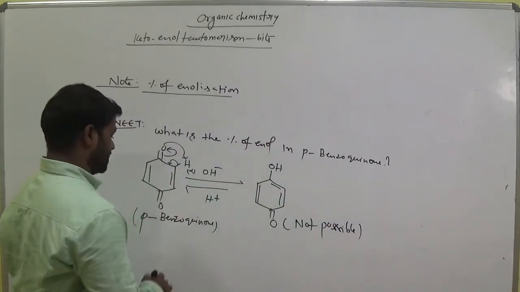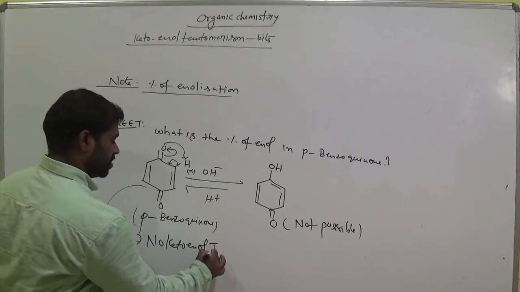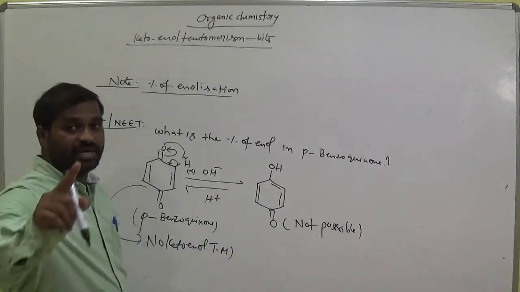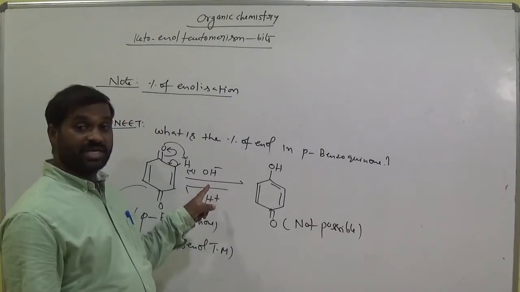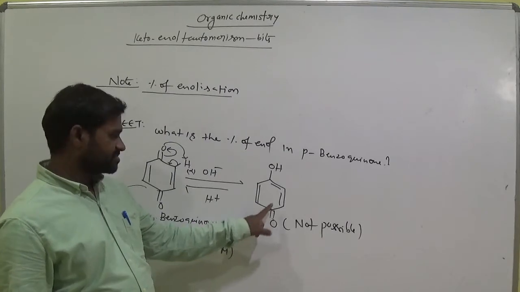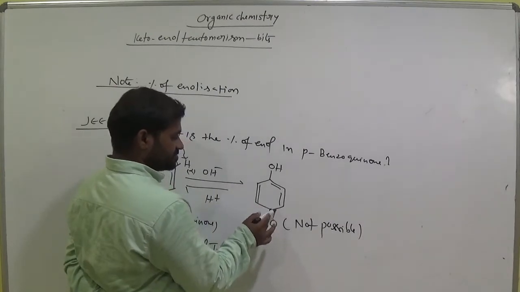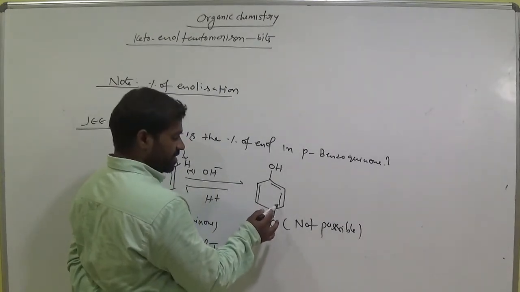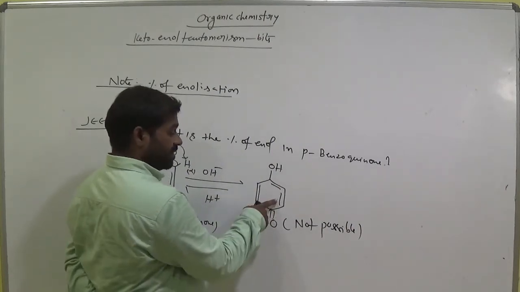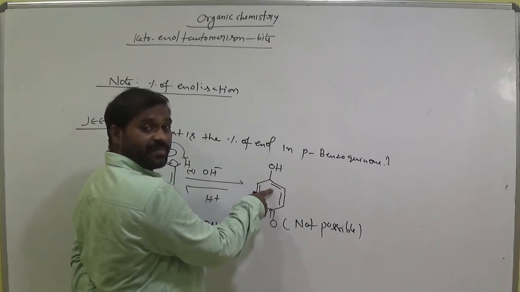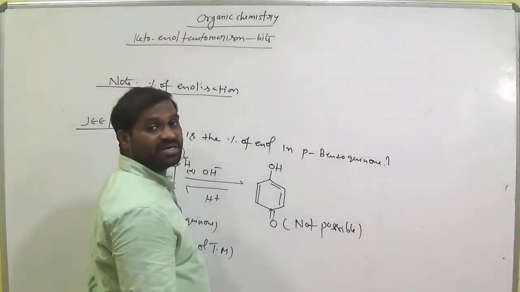No keto-enol tautomerism in this molecule. No keto-enol tautomerism in para-benzoquinone. Keep it in our mind. Why? Because if you observe, after it is involved in keto-enol tautomerism, it is converted to enol. Am I right? If we observe the double bonds, this is a pi bond, single bond, pi bond, and again also a pi bond. So a pi bond, and again adjacently a pi bond, a double bond. So such kind of molecule does not exist. Okay, there are no alternate double bonds here.